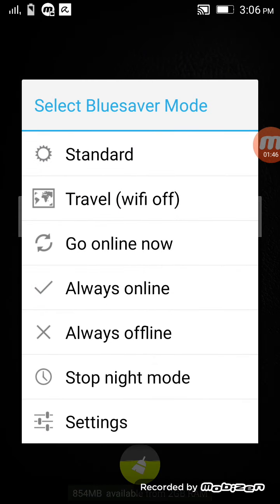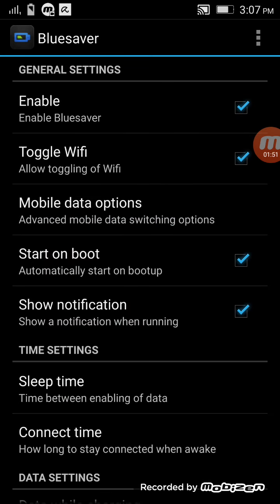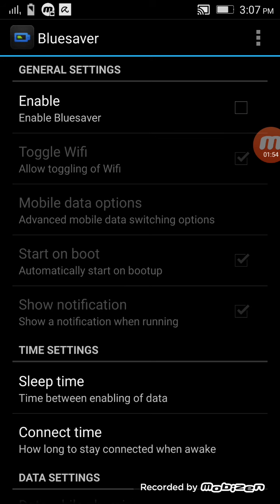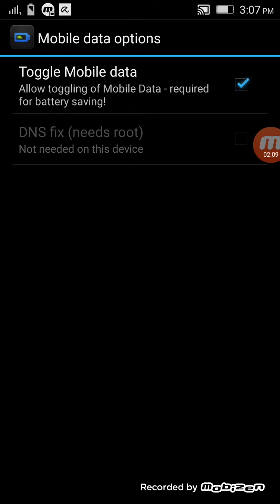Now in setting we have enable process, which enables the Bluesaver process, the Wi-Fi, which is used to allow the Wi-Fi to be on or off. After that we have mobile data options. In this we have toggle mobile data, which requires battery saving, which is used to save the battery during the mobile data time. And after that we have